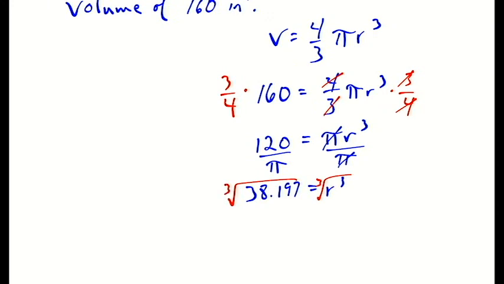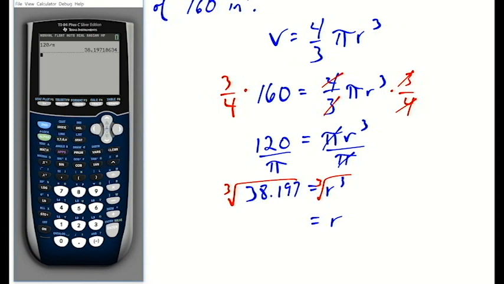So I want to show you that cube root here on the calculator. Cube root of r cubed is simply r. The cube root of 38.197, I pull up my calculator here, I can go under the math menu, and option number 4 is a cube root. And then we can enter in our previous answer here, boom,